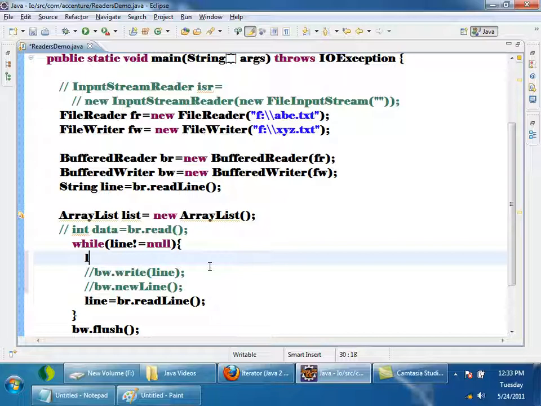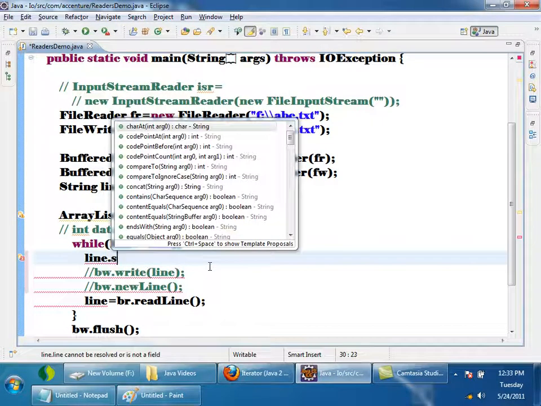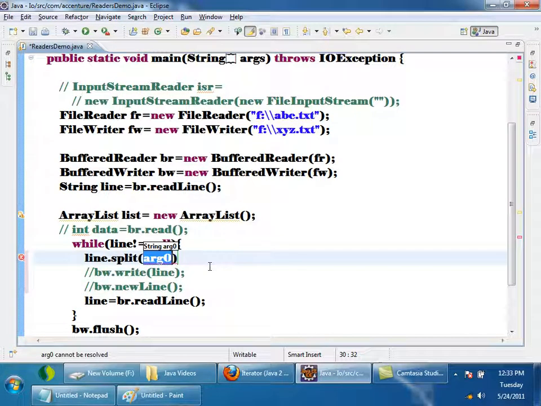See here, I'll say line dot split. In the split method you have to specify the delimiter by which you split the line. So it will split and give you the words array, a string array. Words array is equal to that.